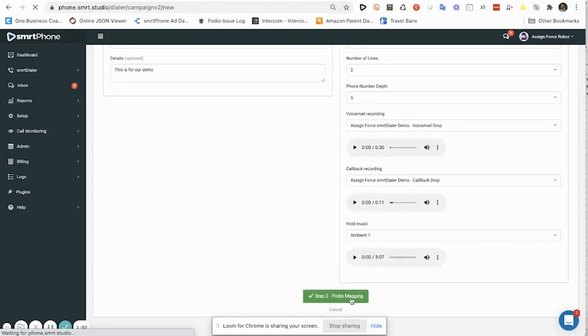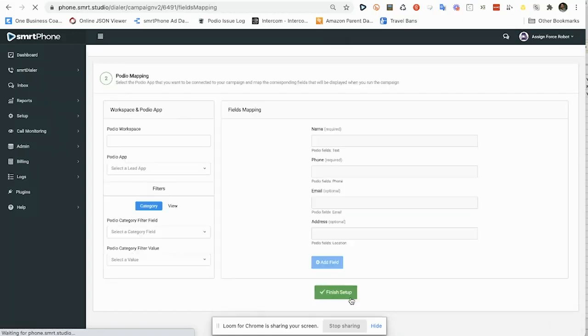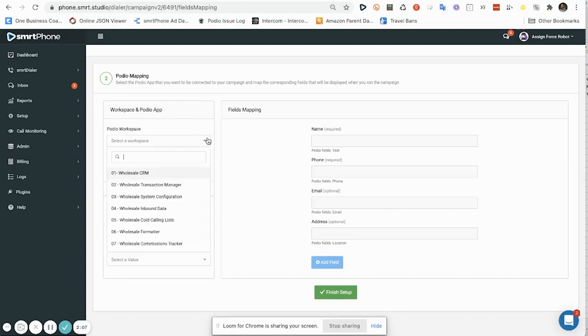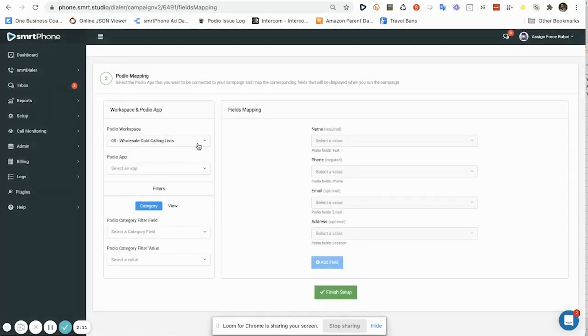The next step in the process is to map to Podio, and this is where smrtDialer is really the best option for Podio in so many ways, because we reach right into Podio and we do everything in your Podio system. And for you to create a campaign, you simply find that workspace where your cold calling list app is. For us, it's here. Find the app where you've uploaded your lists. You remember we uploaded to cold calling list 1,